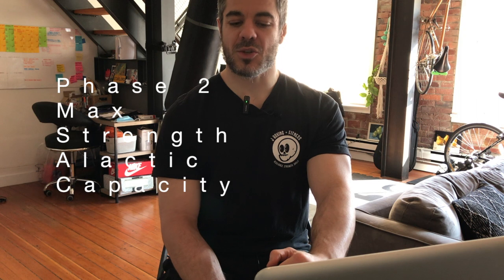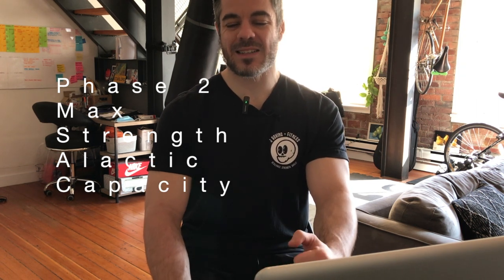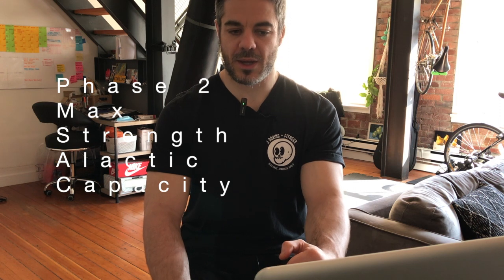So for this one, we're going to jump in a bit later in the phasic structure to phase 2. Okay, so phase 2 for the competitive grappler, max strength and alactic capacity are the focuses. Okay, now for this, because of the nature of max strength and alactic capacity, you're actually going to do the